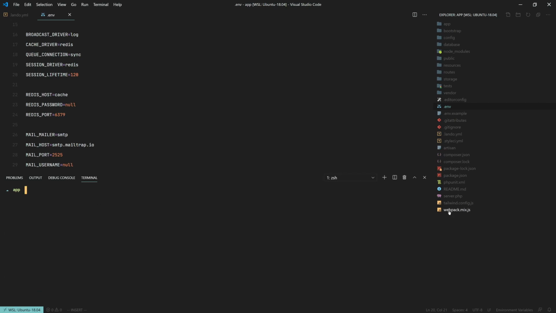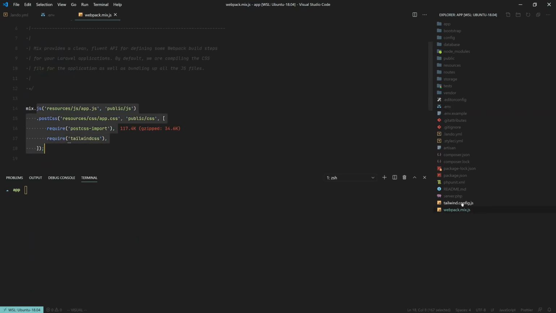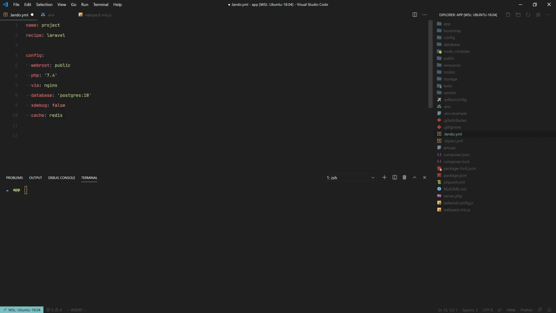On our application we have Laravel Mix and Tailwind CSS, so it compiles to JavaScript and CSS. So let's install Node into our application as well. We just type node and then the type is node. We will basically install Node version 12, and then we'll need to add some tooling, that is npm, and we want to target this service. So just say service node.